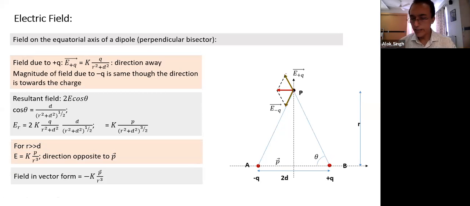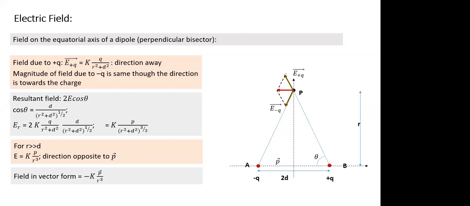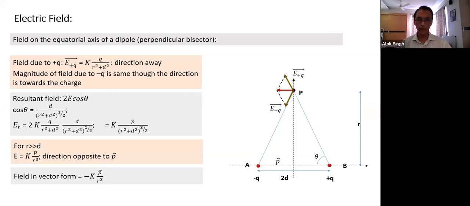Does it sound difficult at all, finding field on the equatorial axis and axis? Does it sound difficult to anyone? Khyati, is finding field on the axis and equatorial axis difficult? No, sir, not at all. So we do some questions which are simply based on application of formula on the axis and equatorial axis. If there are two of them, we take the vector sum. So it should not be difficult. Let's do some questions.